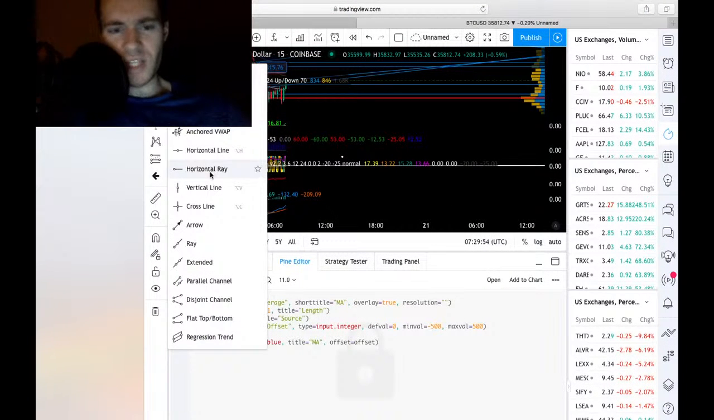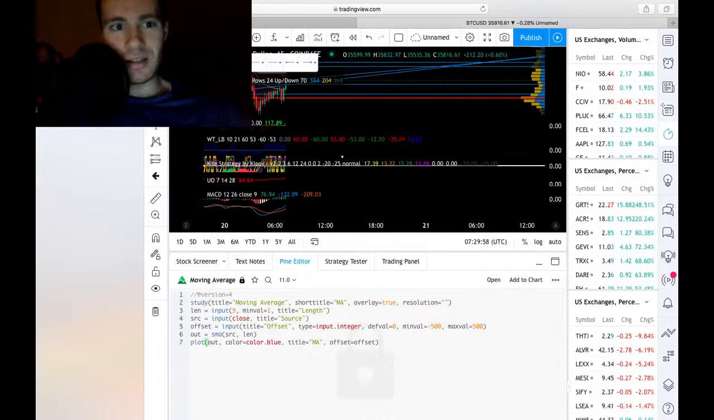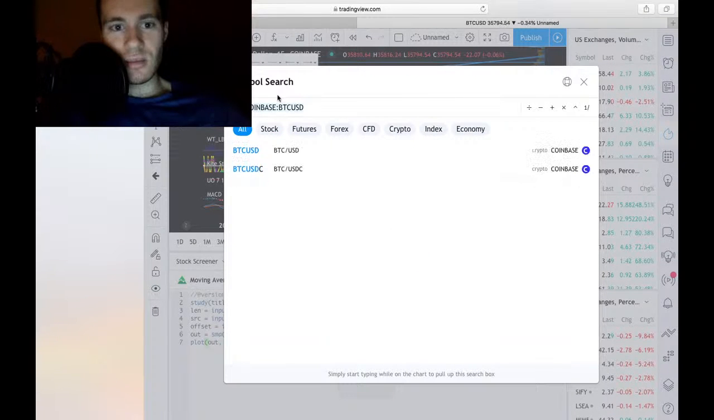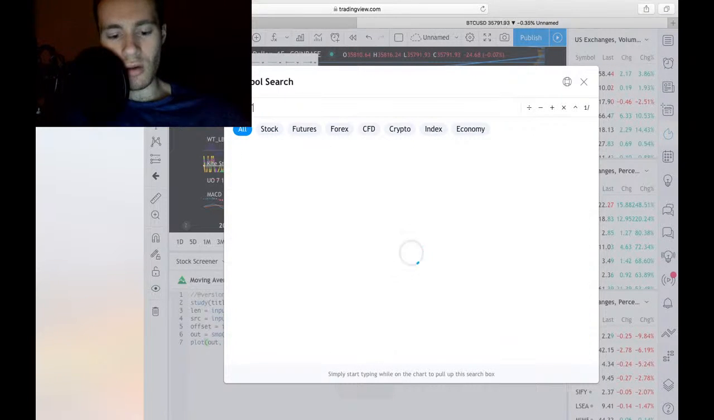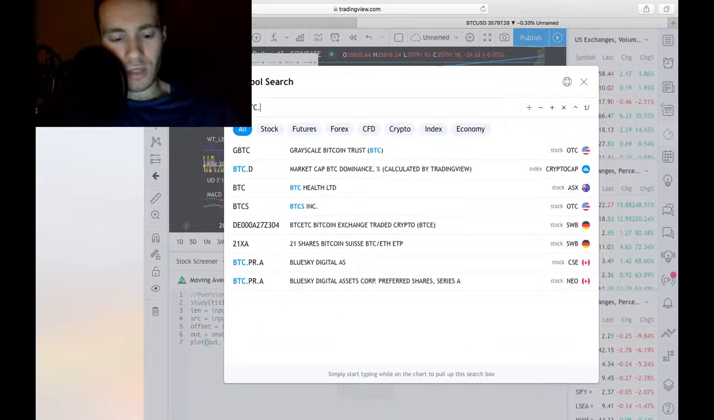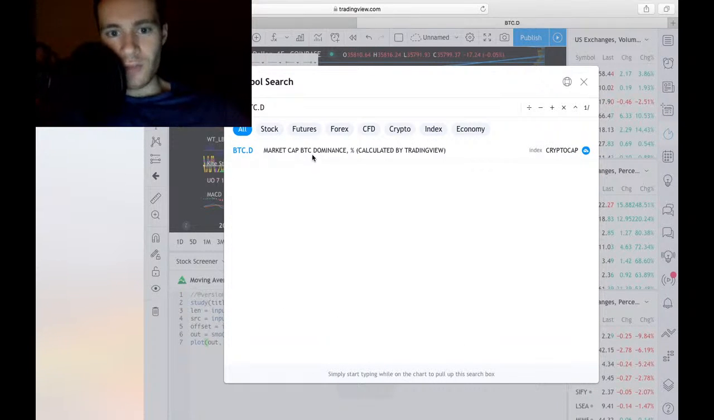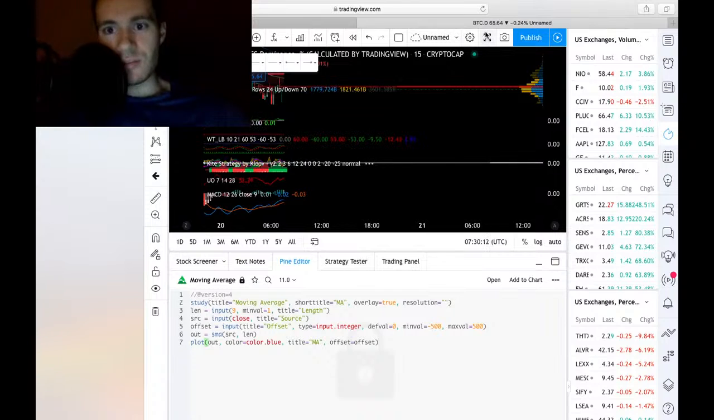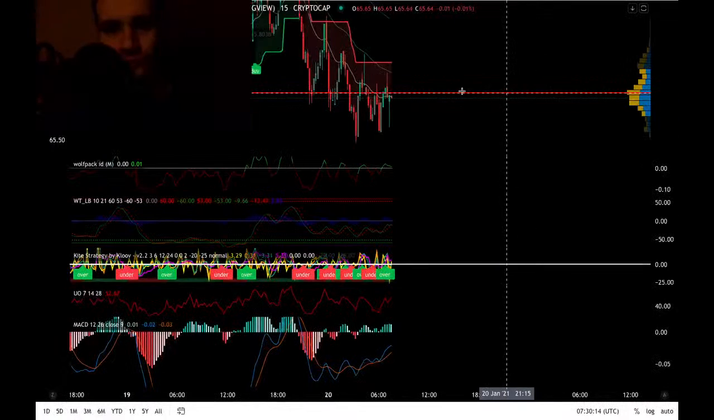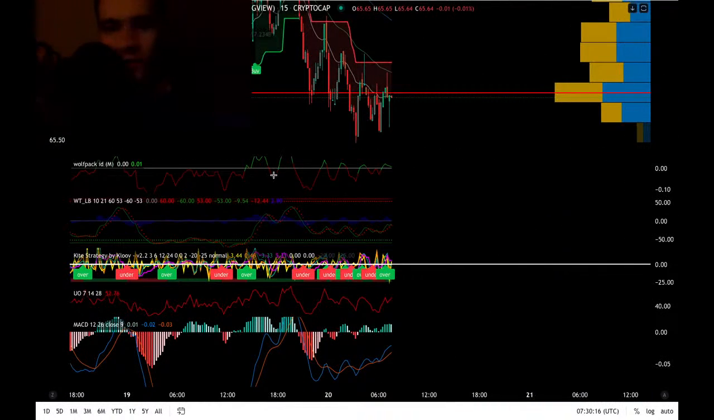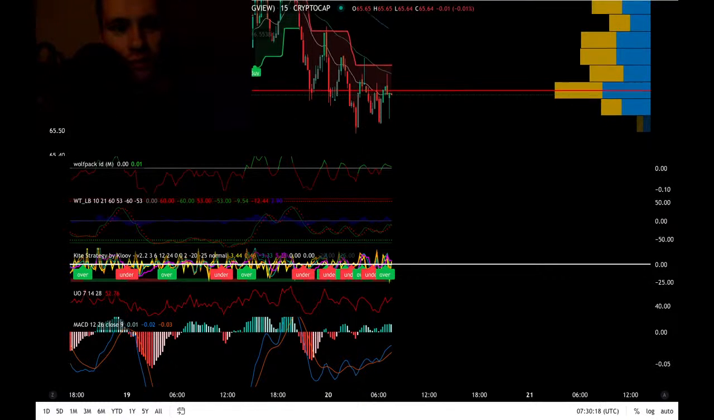Let's take a look at BTCD. I don't know if any of these indicators are going to work on BTCD, but that's really where we need to be right now, because we potentially have this breakout imminent. Well, it depends on who you ask. If you ask me,